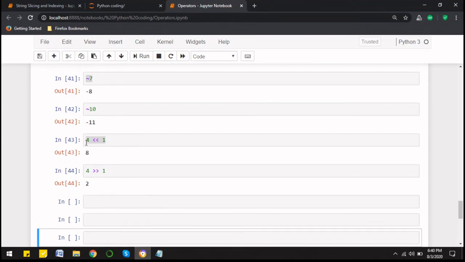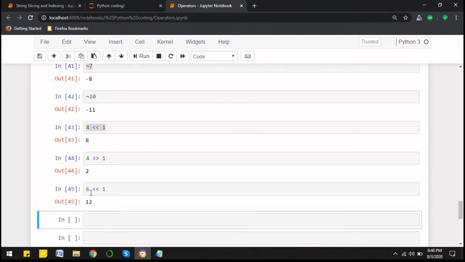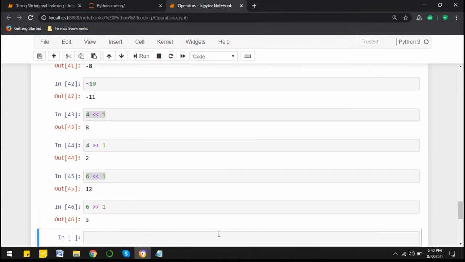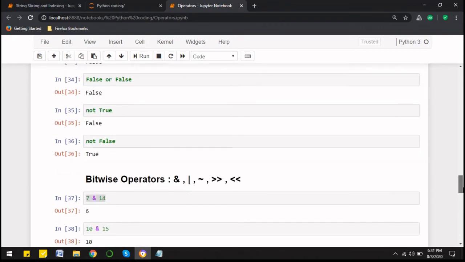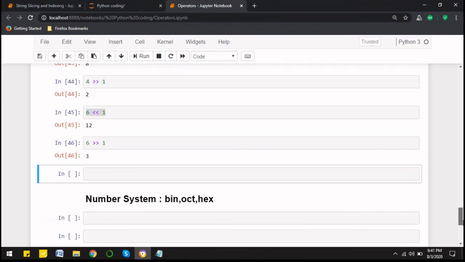Now taking 6 here, shifting the value 6 to the left side, and what does this 1 represent? We are shifting only one bit here. So shifting 6 to the left side, only one digit, is going to double the value. And same thing here, when we are shifting it to the right side, only one digit to the right side, then the output will be halved. So this was all about left shift and right shift, and these operators are very useful in microprocessors, right?